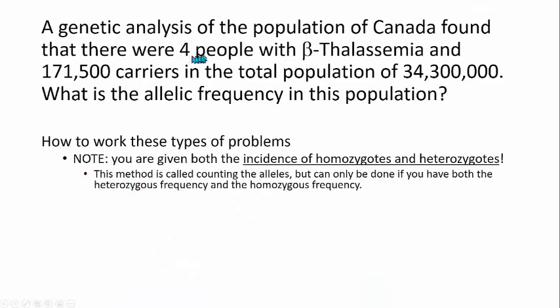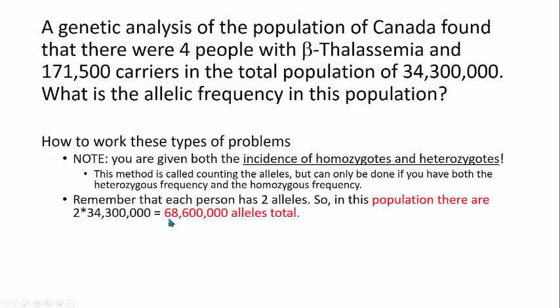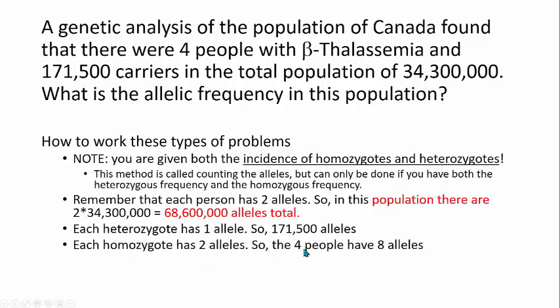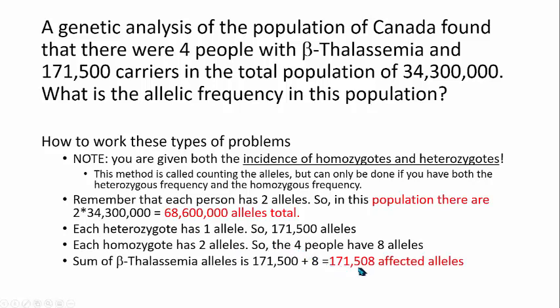So here we have 4 people who have the disease beta thalassemia and 171,500 carriers. These people have 2 alleles because they have beta thalassemia, and you will remember that beta thalassemia is an autosomal recessive trait, and these people have 1 allele. So the population here will be 68,600,000. And we have one allele for each heterozygote and 2 alleles for each homozygote, which gives us a grand total of